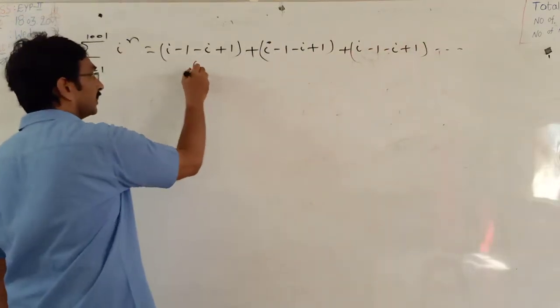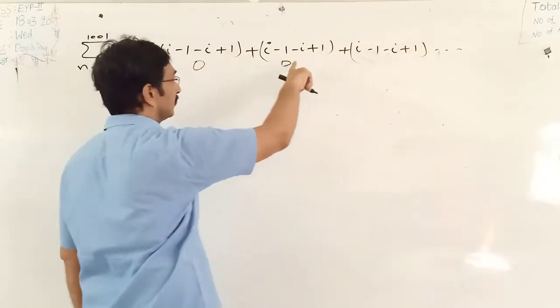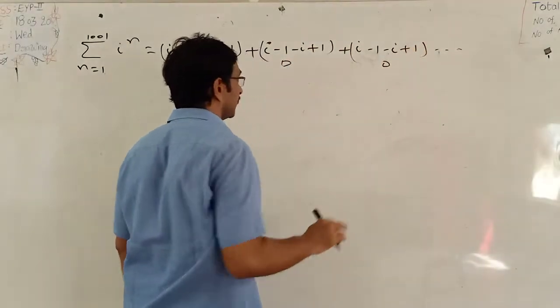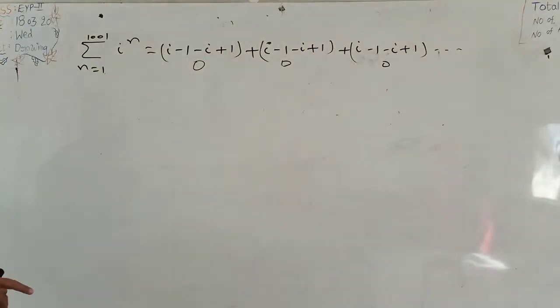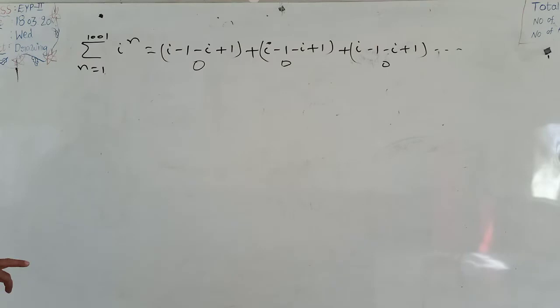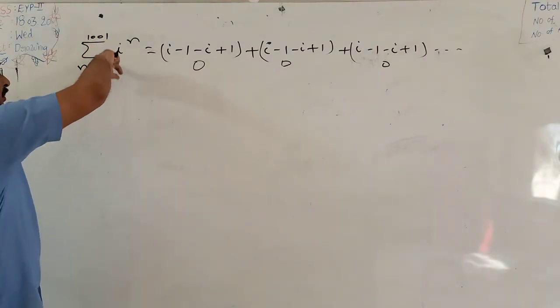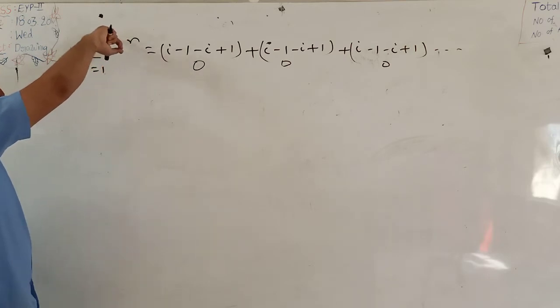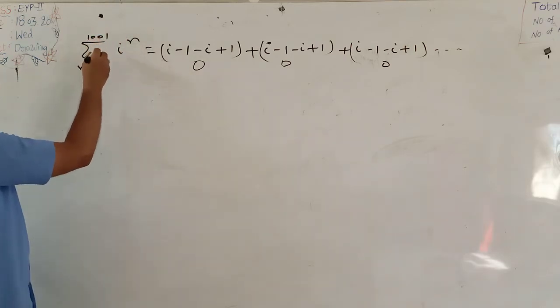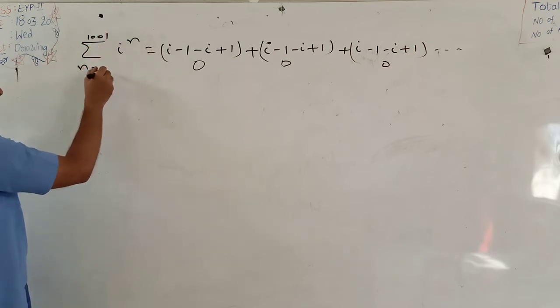The sum of these 4 values is 0. From the above concept, the sum of every group of 4 values is 0. Thus, every 4 consecutive terms sum is always 0. But the number of terms is not a multiple of 4. See, the number of terms counting procedure: upper value minus lower value plus 1.